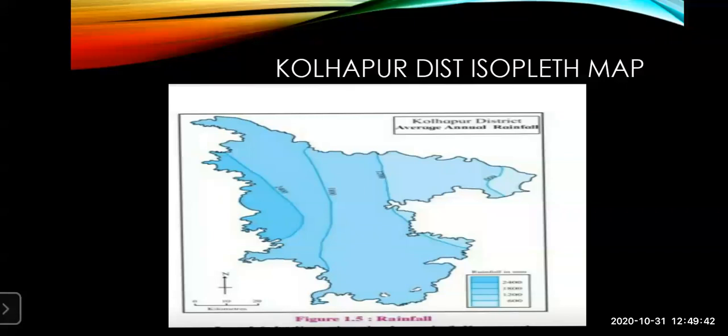Now come to the fourth question. Which class shows the highest rainfall category in the district? Again, here the class is asked. You are going to go to the value table, same table, and see the darkest shade. Here it is asked which class shows the high rainfall, so you're going to consider the darker shade. Now, what is the value of this darker shade? The value of the darker shade is